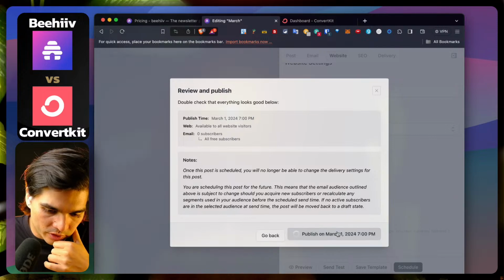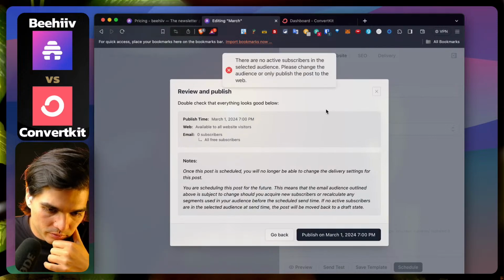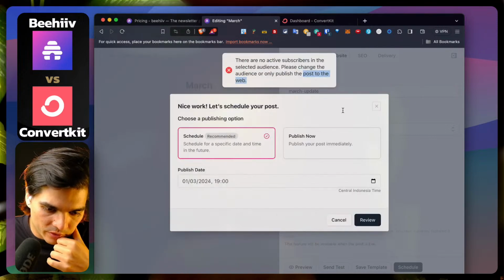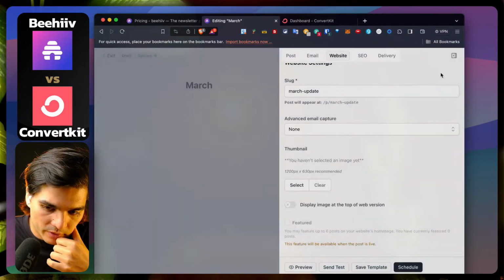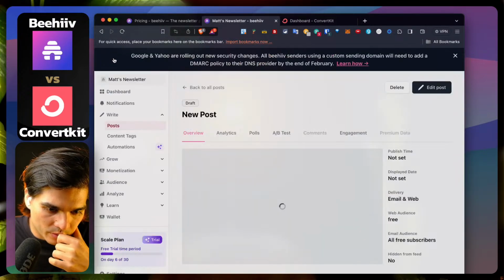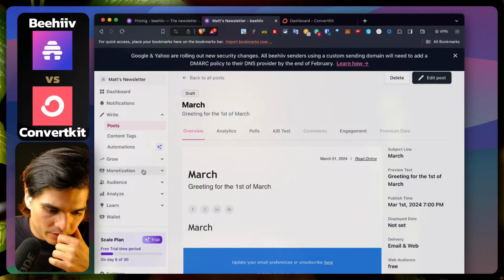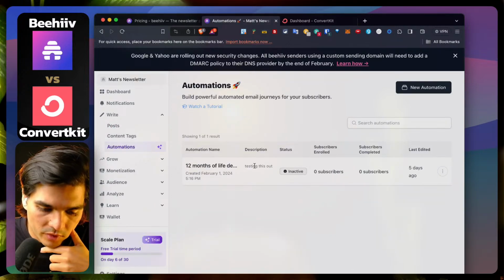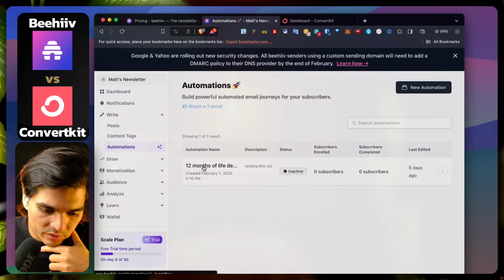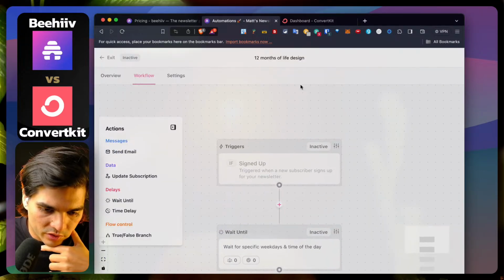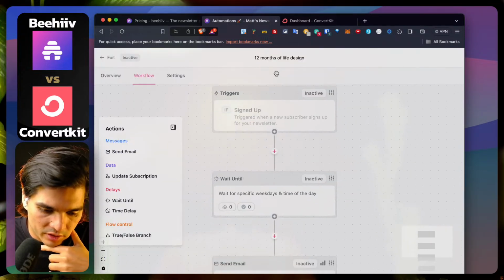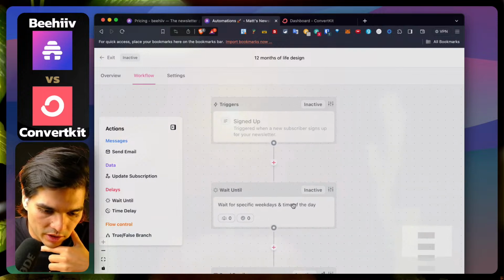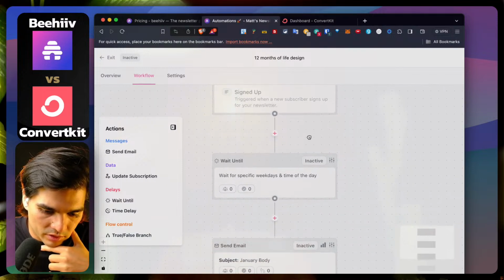I'm pretty sure I haven't hooked this up to anything. There are no active subscribers, so we won't be able to do any of that. But that is one way. Now I was wondering, with the automations, how would that work? This is when I was testing things out and I wanted to do a 12-month life design. So if signed up, then wait until,